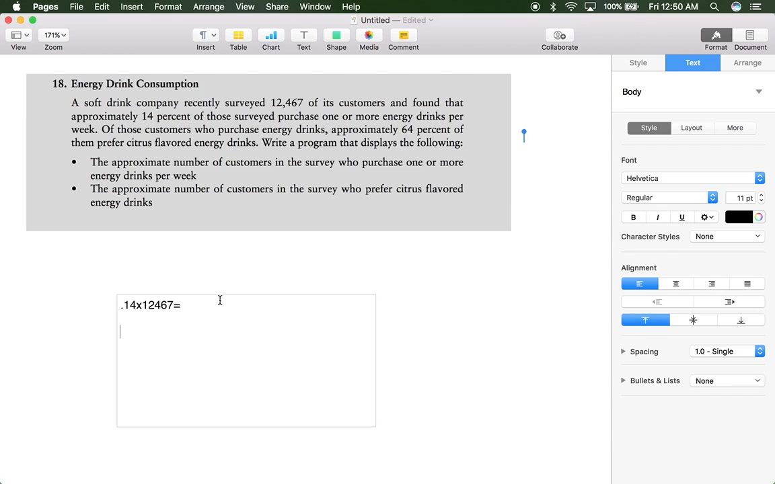So one way to do this is simply do 0.64 times 0.14 times 12,467. And that should give you the approximate number of customers in the survey who prefer citrus-flavored energy drinks. But since we're working with programming, with variables, there might be an easier way to do this. We can set this as a variable. We can call this variable maybe